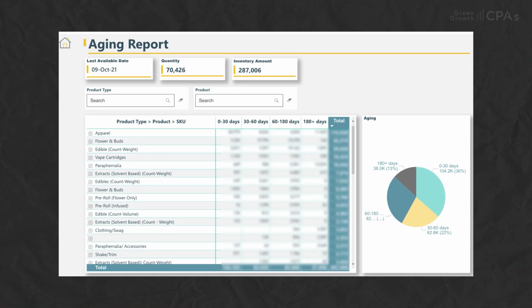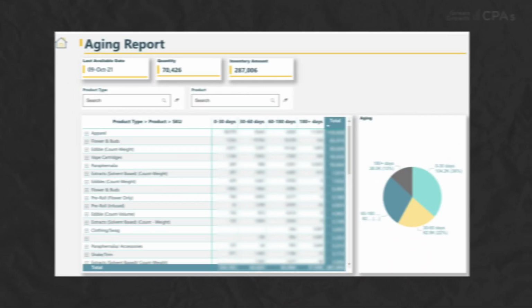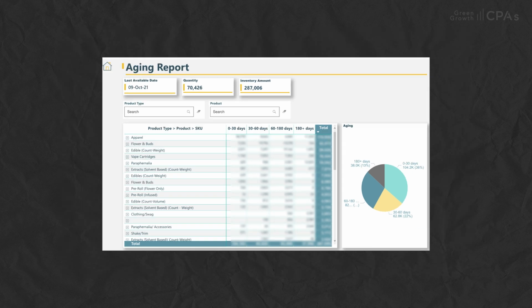Seems quite simple enough. Now, many operators utilize this report to identify less popular merchandise among their consumers and which brands or product types actually sell slower throughout the business. And with data analytics tools, you can break it down by all the different types of categories that you may have, such as flower, and maybe by each brand or each strain, or apparel by item type, or maybe even your pre-rolls, maybe your flower only, your infused ones, or even divided by the pack size. The possibilities are endless in how you want to look at this report.